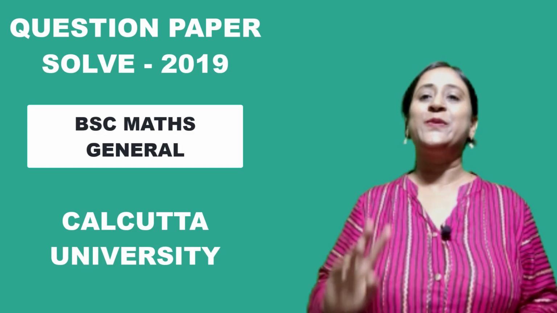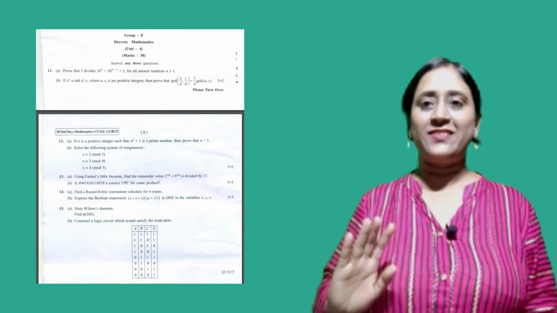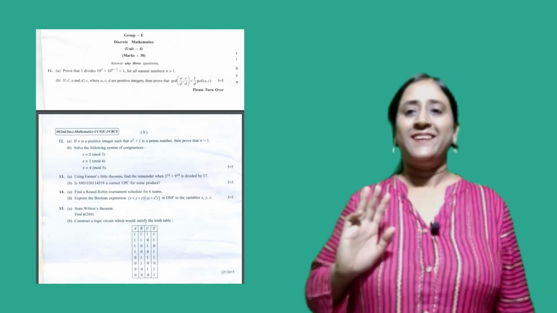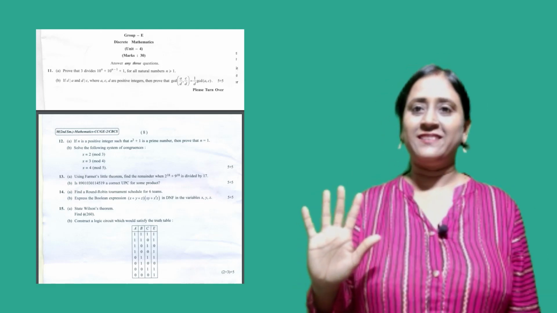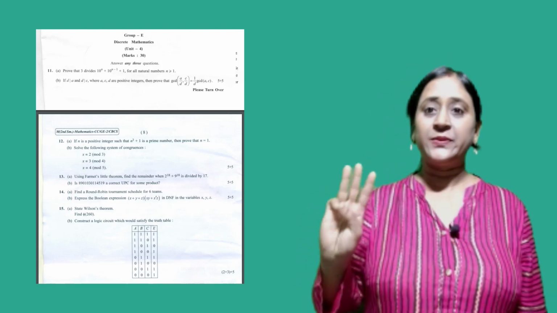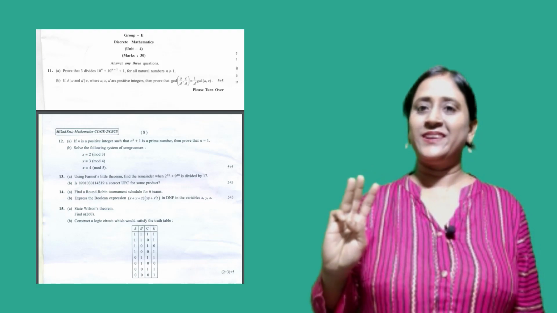This is the last group E. It is of 30 marks. এখানেও 5টা কোয়েশ্চেন দেওয়া আছে, যে কোনো 3টে করতে হবে। ওকে,